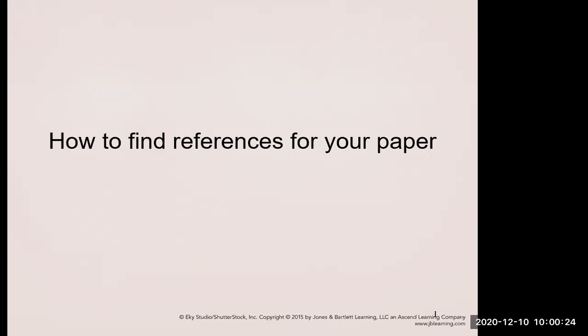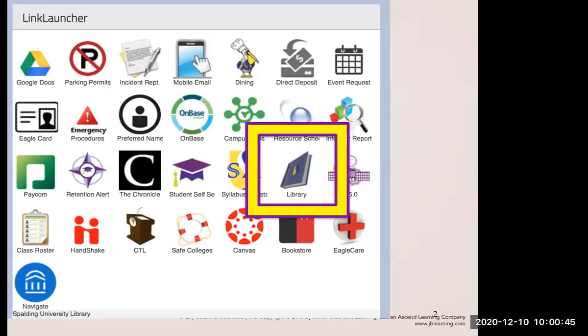Okay, so I recognize that some of us are freshmen, some of us are in our essentially junior, senior years, so we have different experience with writing. So I'm gonna help you all learn how to find science articles and how to cite them for our class and for any other class that you're gonna do. So as far as finding your references, your resources for your paper that you're gonna write, you're gonna go to